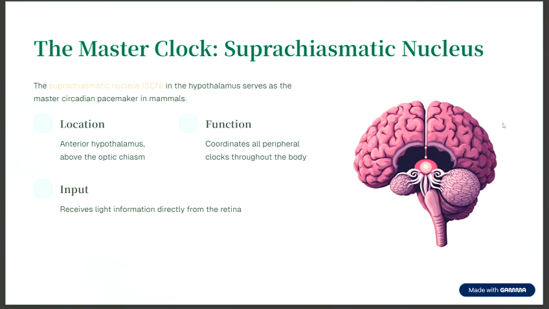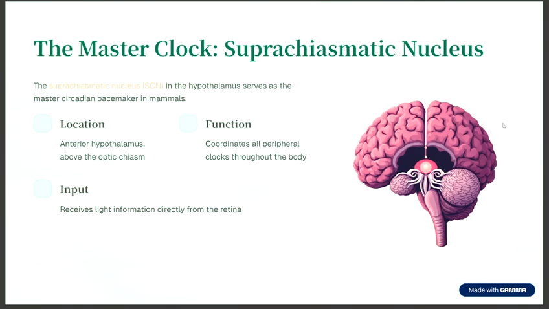The boss here is the suprachiasmatic nucleus, the master clock in your brain. Imagine the SCN as that strict teacher who always knows the timetable. So the physiological functions repeat after one day, like your sleep-wake cycle. You sleep every day, you wake up every day, and it is a 24-hour cycle. How does our body know when to sleep and when to wake up? All this comes under circadian rhythms, and the thing that controls it is the master clock called the suprachiasmatic nucleus.